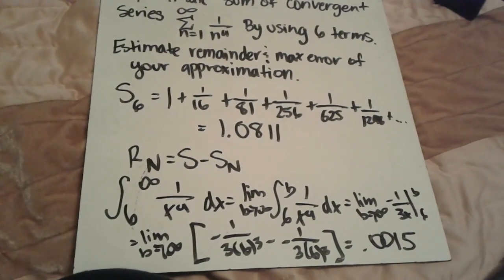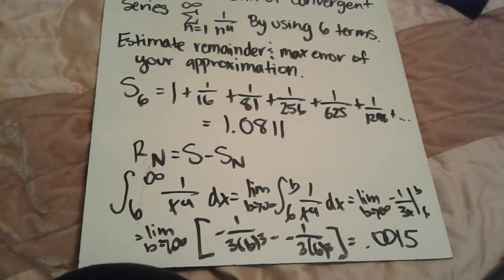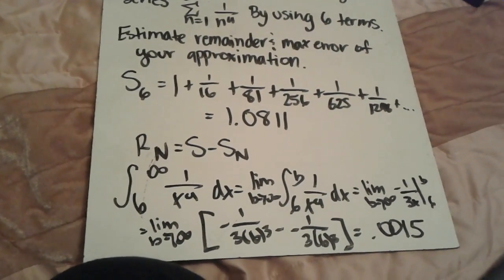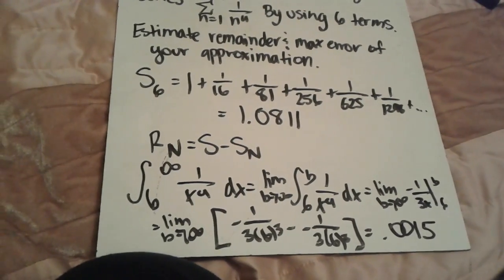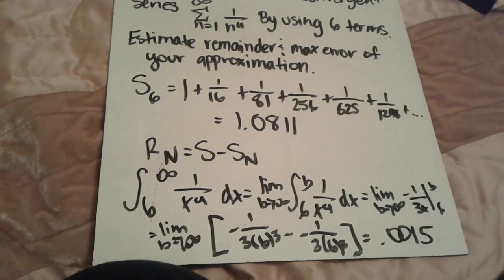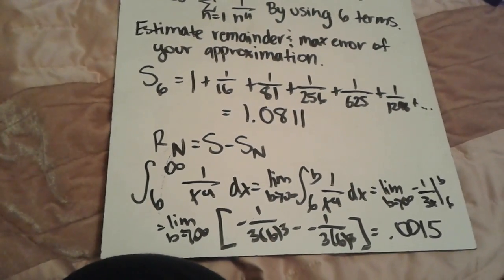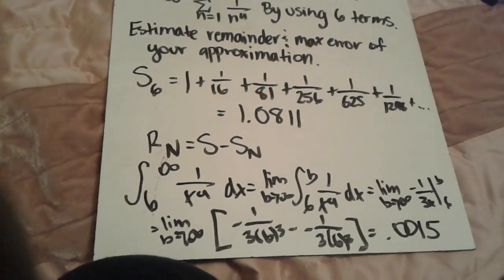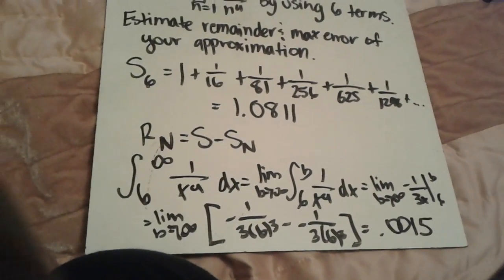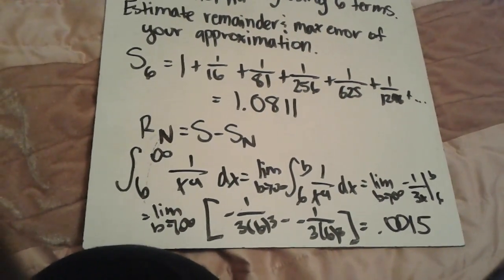So it's done below. S of 6 equals 1 plus 1 over 16 plus 1 over 81 plus 1 over 256 plus 1 over 625 plus 1 over 1296, and so on and so forth. Adding them all together would give you 1.0811. Afterwards, you would use the equation R of n, for remainder, equals the